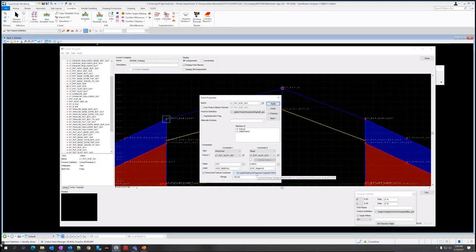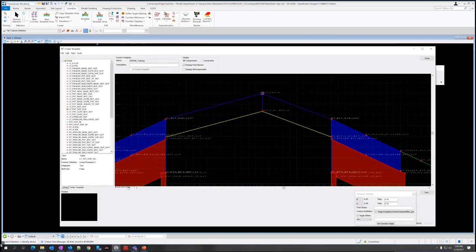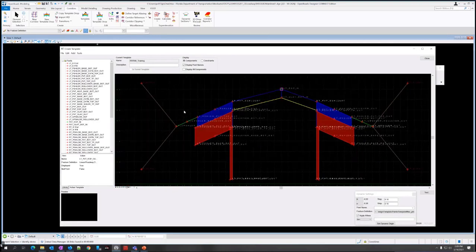But don't worry too much about getting exactly, because we're not really going to use this file for the remaining exercises. Can't break anything at this point. All right, so that's set. Let me apply in case I didn't hit it. Close that. I'll fit the view, see if it looks good. And then I'm going to do file save.